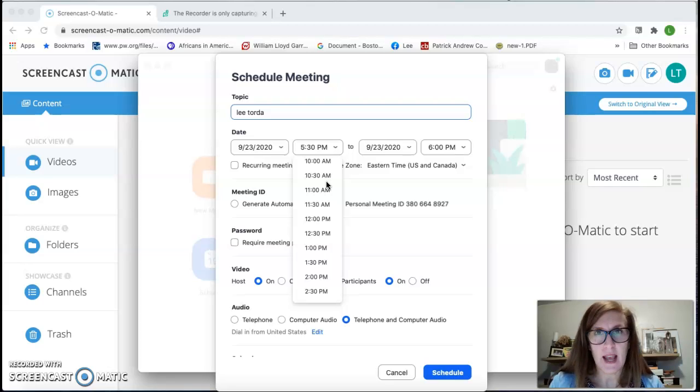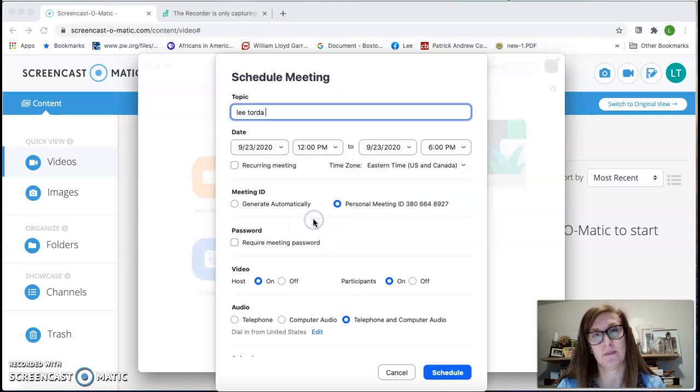Zoom schedules things on the half hour. So if you have a book club meeting that meets at 9:10, you're going to want to start the book club meeting in Zoom at 9. If you have a book club meeting that starts at 9:25, you're going to maybe want to start it at 9:30 instead of 9, and kind of fudge those 5 minutes. But I have a book club that starts at 12:20, so I'm going to start mine at 12. Done. And I'm going to end it at,